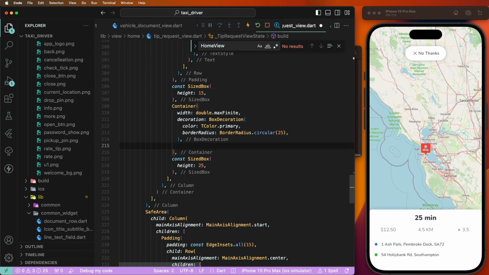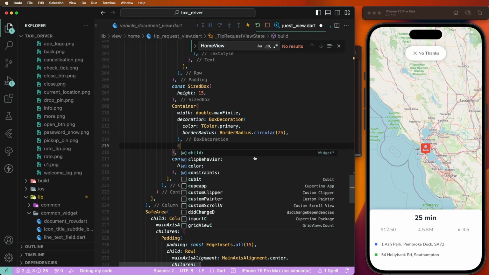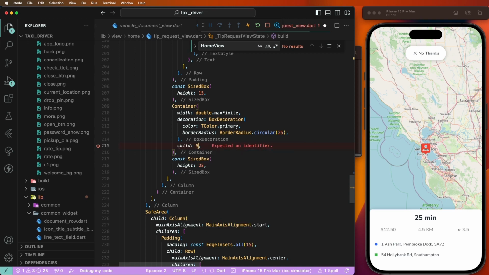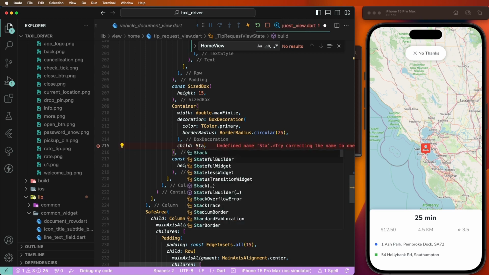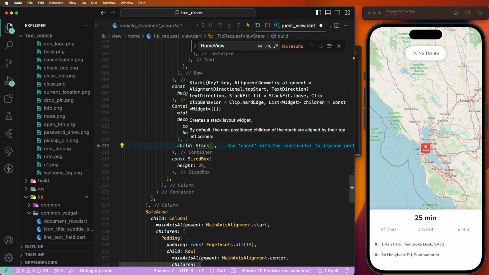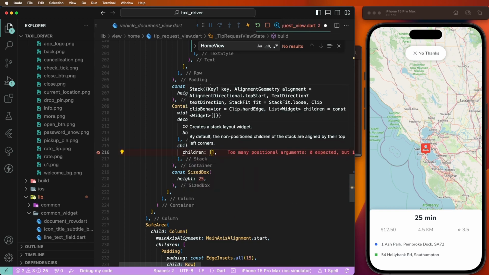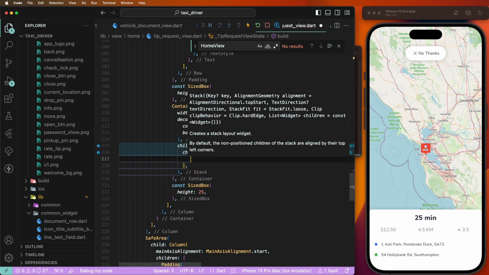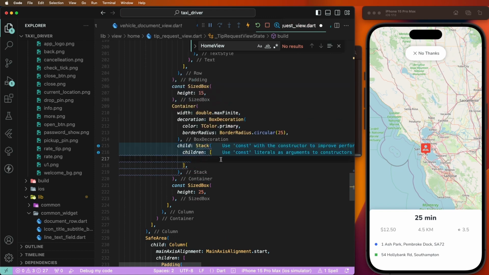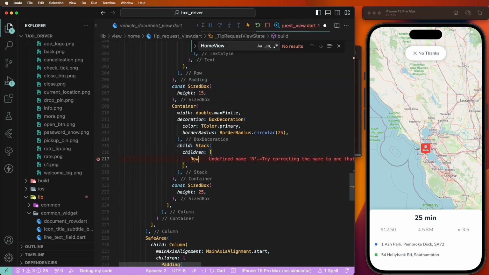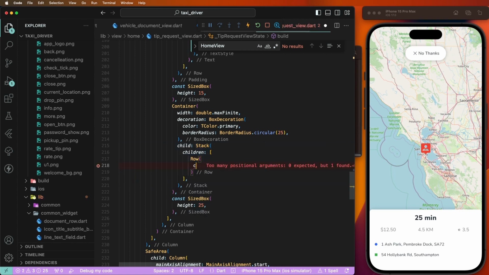No needs now paddings. Need to get here the children's and to create here the stack. Now need to first of all so need here row, here children's